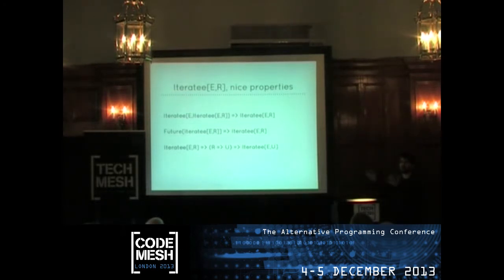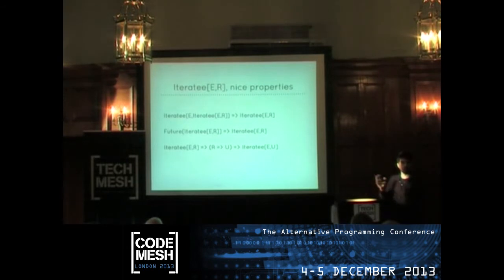And that's also interesting when we're dealing with computations. Okay, and also I got this map function where I got the iteratee of E R and a function from R to U. Then I can get the iteratee of E U. Okay. Nothing fancy here, the same kind of property. They look very much like the properties we got with the futures, right? Okay, so that iteratee